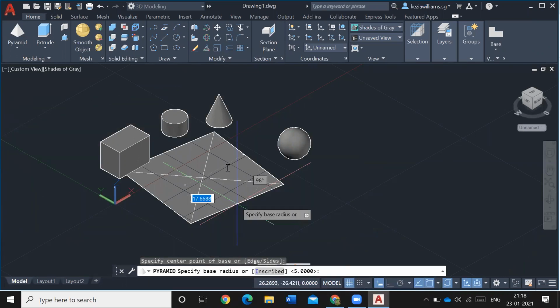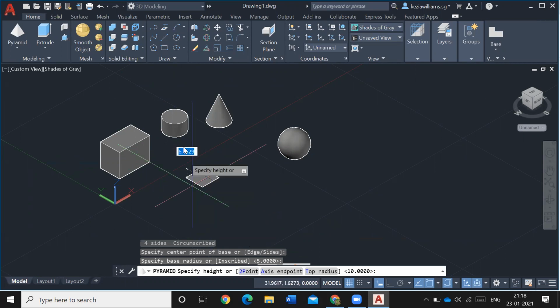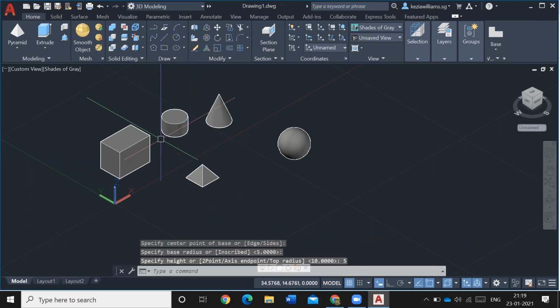Let it be 5. Now the height: if you go on top, it will be this one; if you go on bottom, it will be like this. That's why they say left hand thumb rule. Do you remember left hand thumb rule? X, Y, and Z. So we give 5 maybe. This is the pyramid.